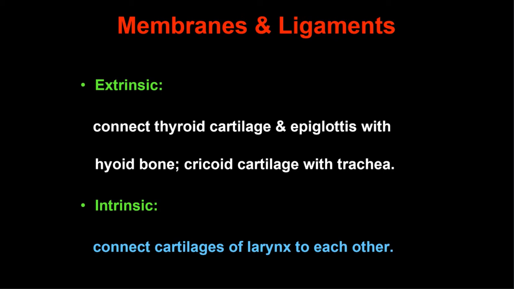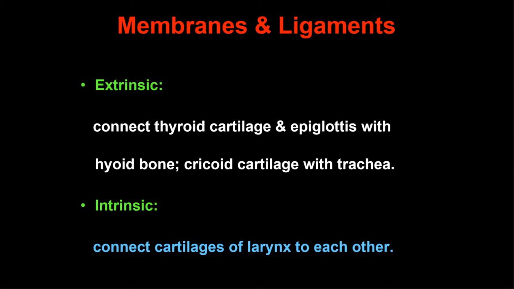And two processes, one is the anterior process and the other is the lateral, or muscular, process. The muscular process will give attachment to the intrinsic muscles of the larynx, and the anterior process, or vocal process, gives attachment to the posterior part of the vocal cords. Two vocal cords are attached to the vocal process of this arytenoid cartilage.